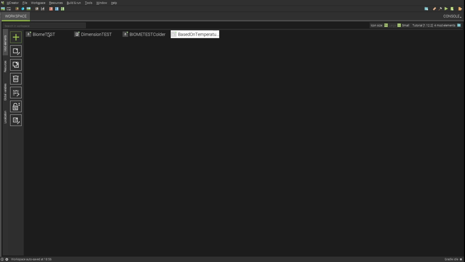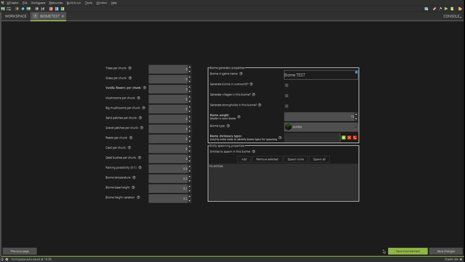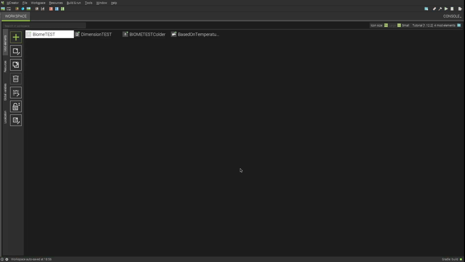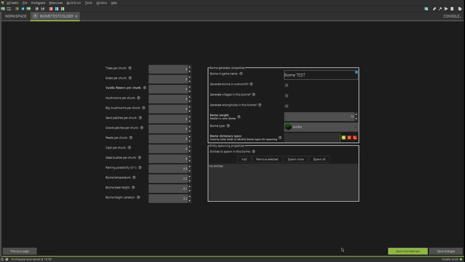In this tutorial I'm going to teach you how to debug using MCreator. Debugging will help us solve problems by ourselves easily by allowing us to see where things go wrong in our procedures. In this test case I created two biomes, one with a 0.5 temperature and the other with a 0.2